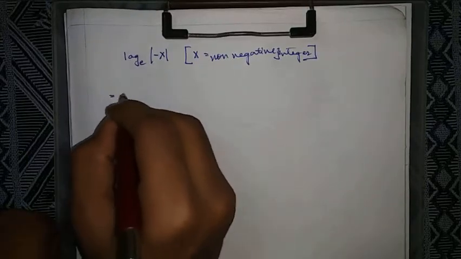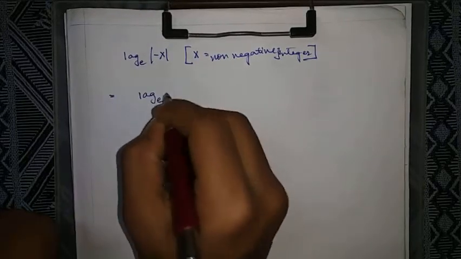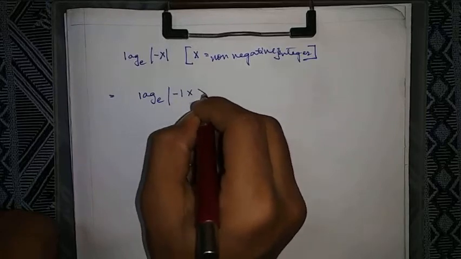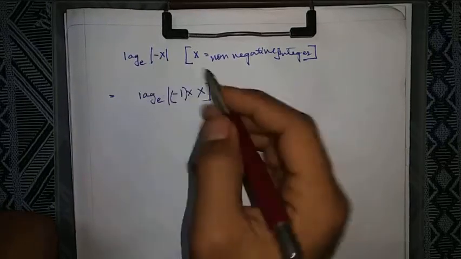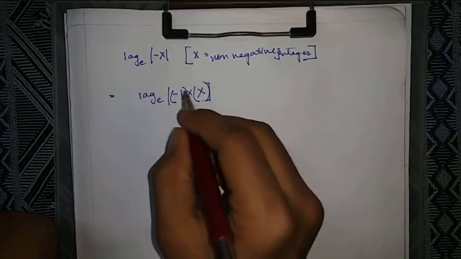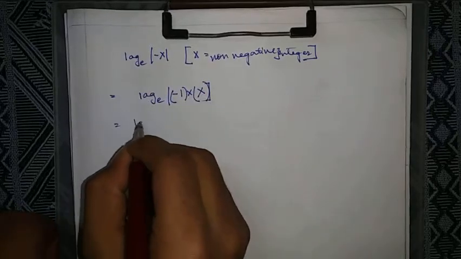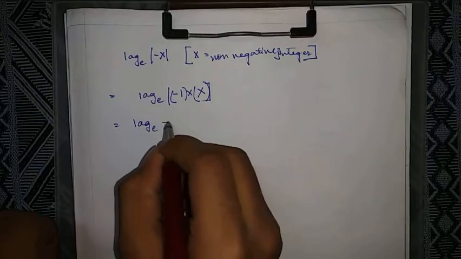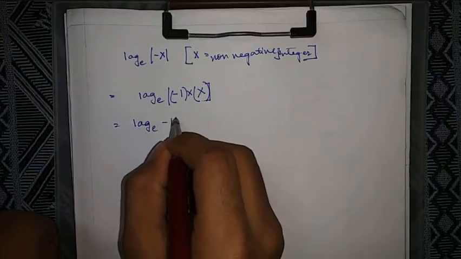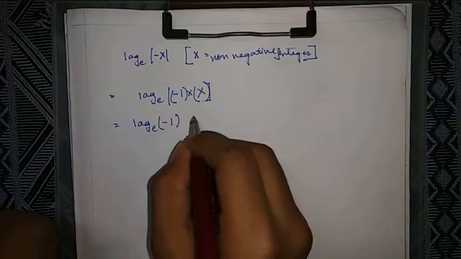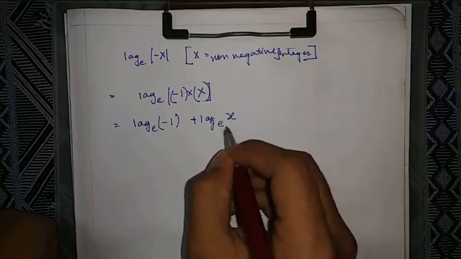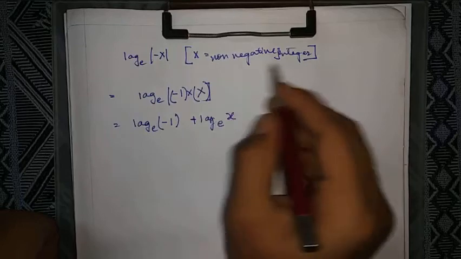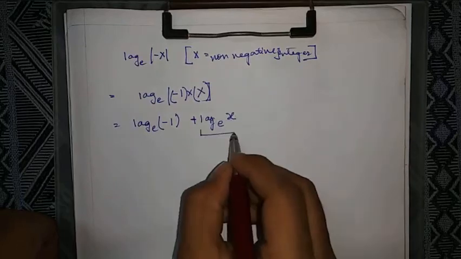So we can write it as log of -1 times x base e, because minus x can be written as -1 times x, and using the properties of log we can write it as log of -1 base e plus log of x base e. As x is a non-negative integer, this is a real value,